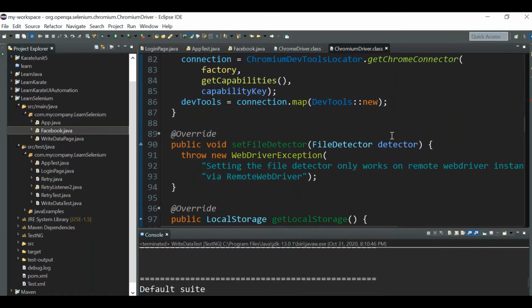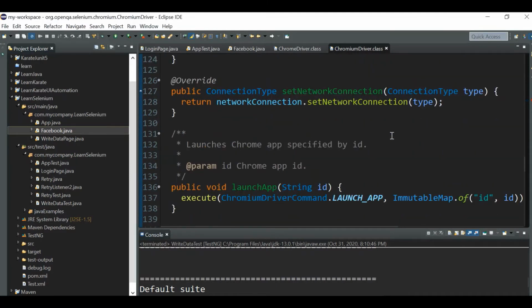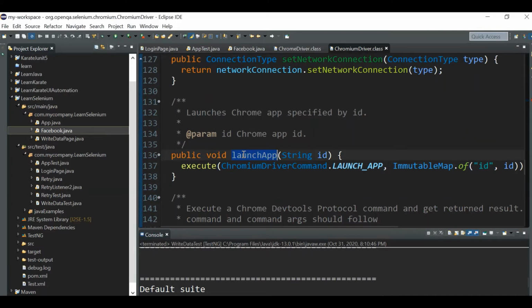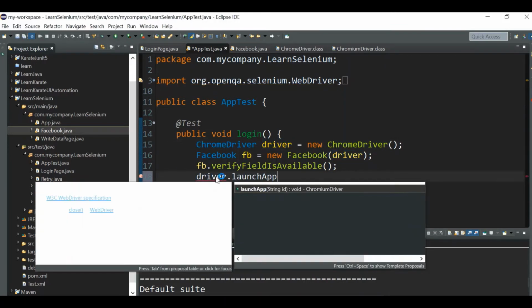Anyway, I want to call some of these methods from this ChromeDriver class. Let's say I'm going to call this launchApp. We have created the ChromeDriver object using this driver reference, so you can call the method driver.launchApp.